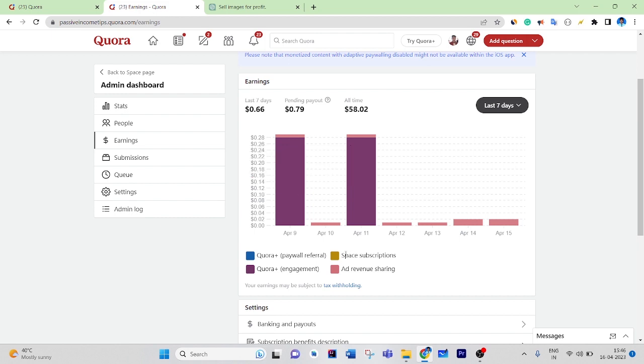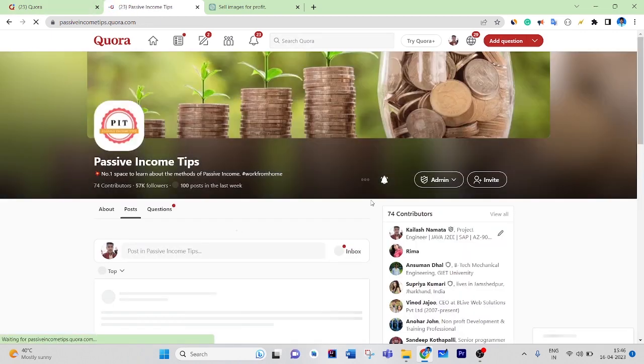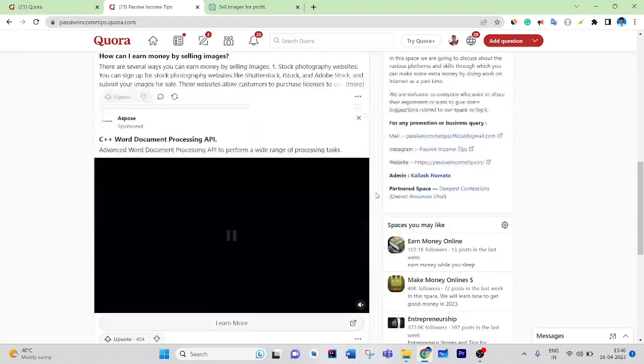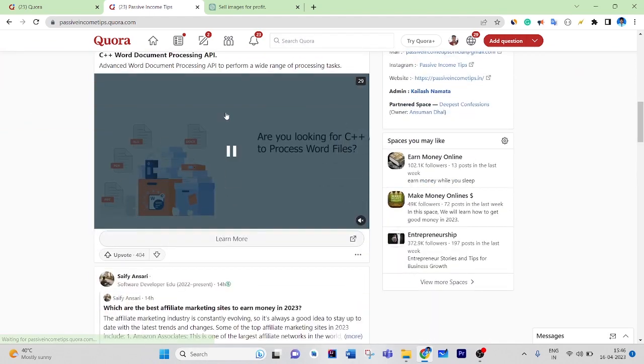If someone subscribes to your space, we have two options to publish content, right? One is free and another is paid or monetized. If someone wants to read the monetized content, then they have to take a subscription to your space. If they take the subscription, then also you will earn. And by ad revenue in your space, if I go to my space, here you can see I have some sponsors or ads, right?